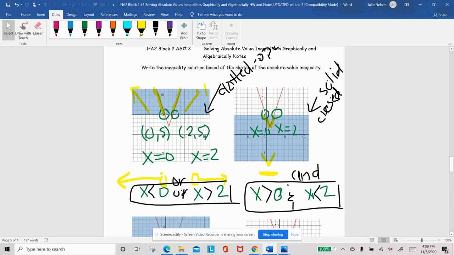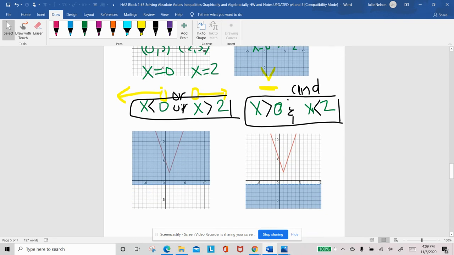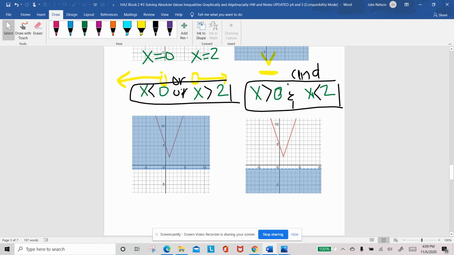So let's take a look at the next drawing. On the next drawing, I have my red absolute value function and I have my blue linear inequality. I notice this time that the entire absolute function is shaded. Notice the entire absolute value function is completely covered in blue. Okay. Now, the difference between that one on the left and the one on the bottom right is this absolute